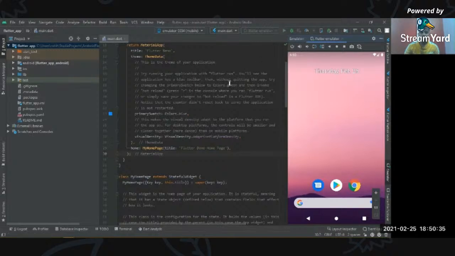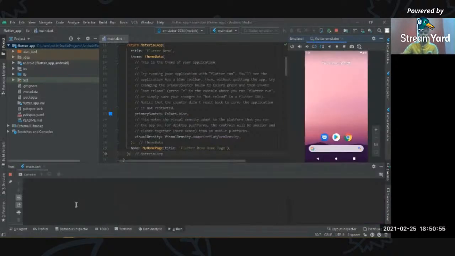Let's run it. As soon as you click on the run button, the run window opens up and you can watch all the processes going on before the Flutter application comes into our device.